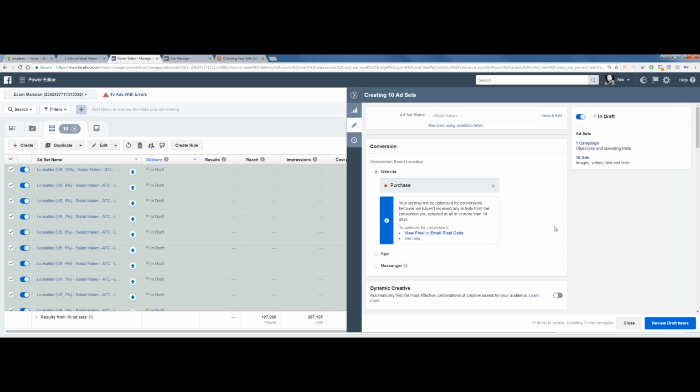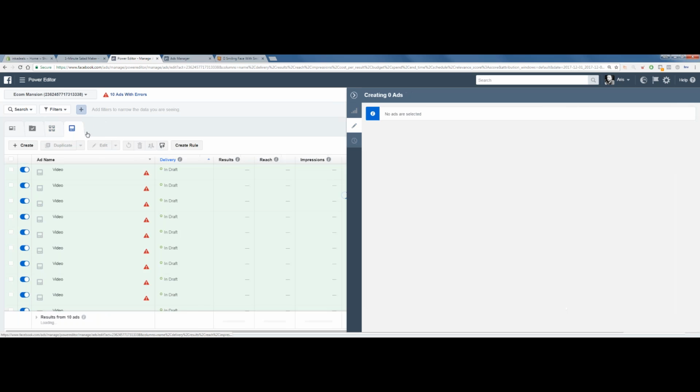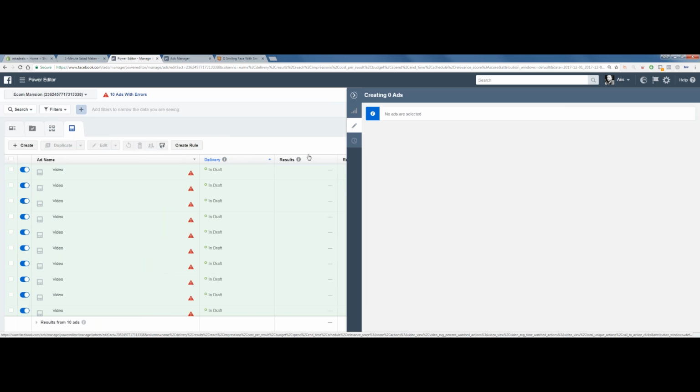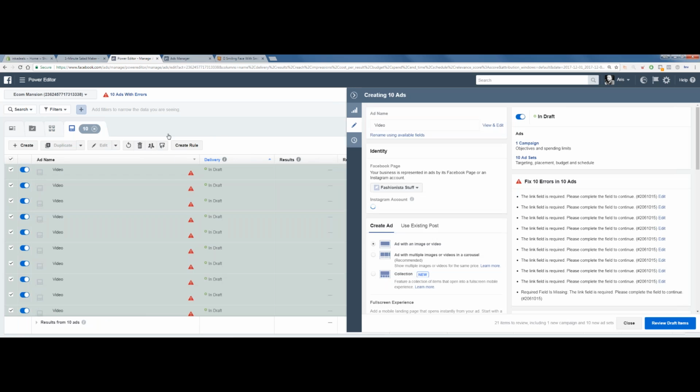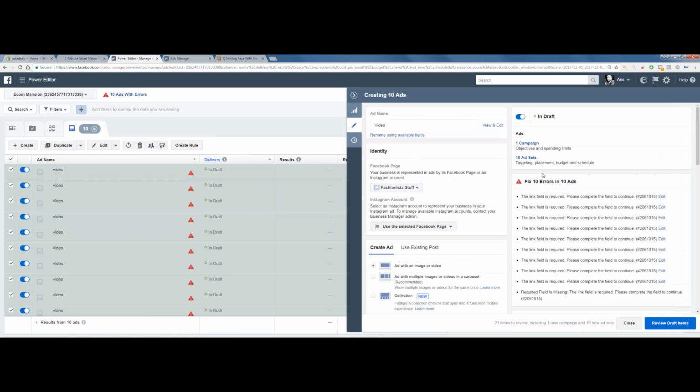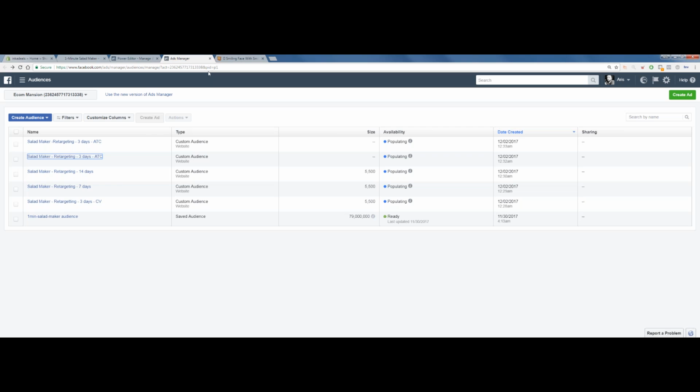Could you use the existing post for this LLA? That's exactly what we're going to be doing. So when we go to our ads, we're going to select all our ads. This is what I was going to do earlier, and I said forget it. We open the ads manager in another tab. What is this? Retargeting stuff. Where's the campaigns?